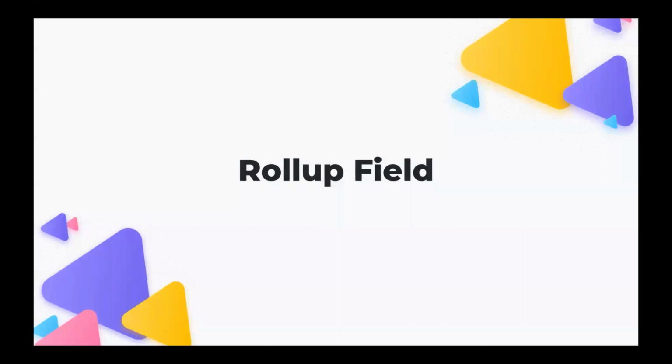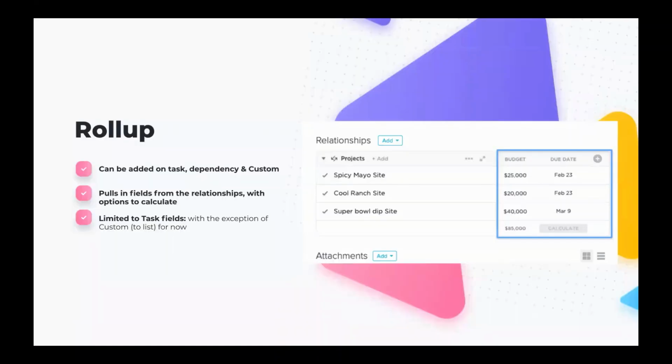All right. So far we've talked about all the different types of relationships. Now let's talk about this RollUp field that we were alluding to earlier. A RollUp field works with the tasks, the dependencies, and the custom ones. As I said, it doesn't currently work on docs. Another thing to know is